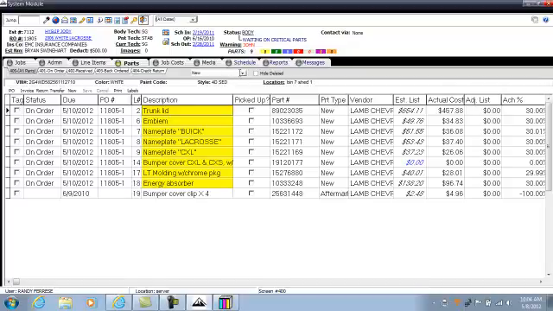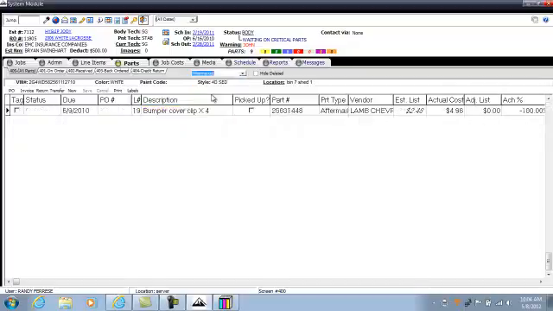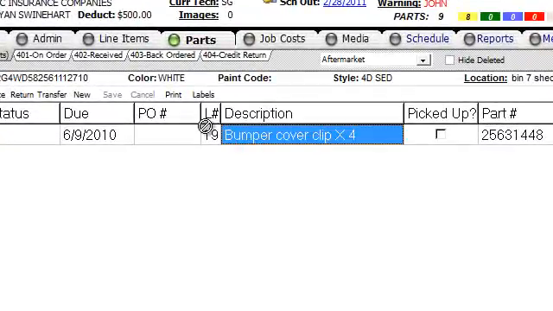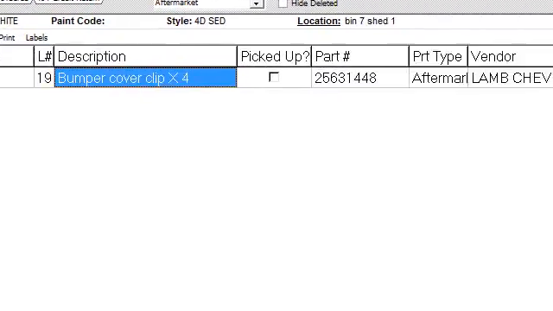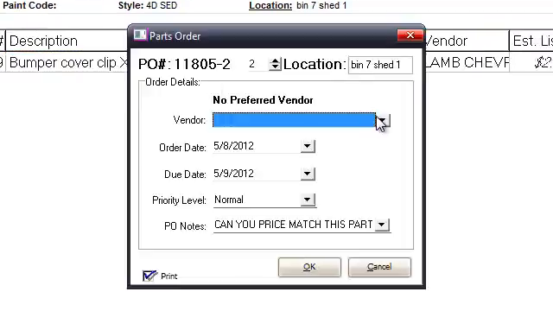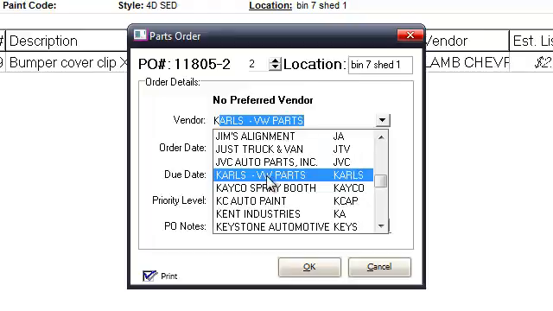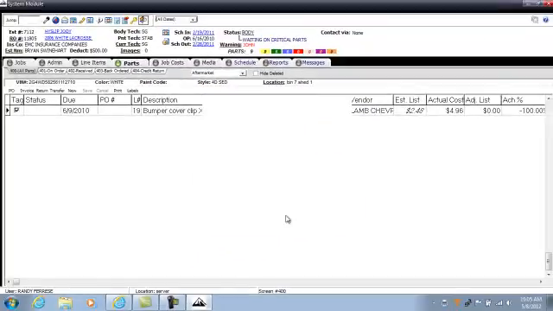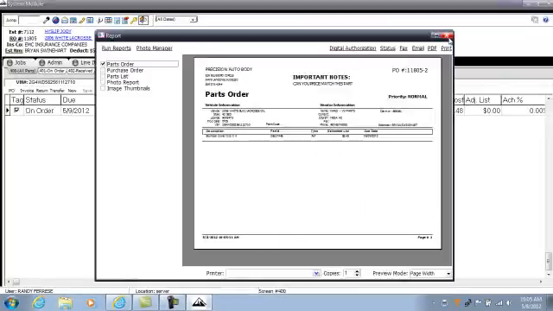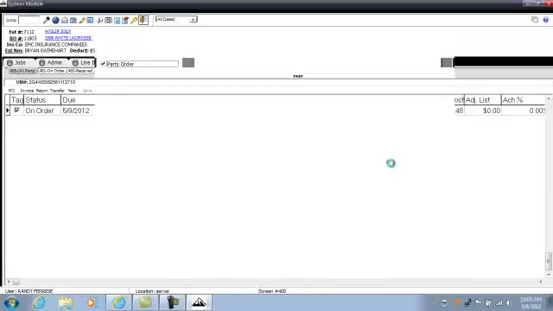Now, if I want to do aftermarket parts, I can do the same thing. Select the aftermarket, tag, drag, and drop. Now I can order those parts from another vendor. Same procedure, hit OK, and again you can